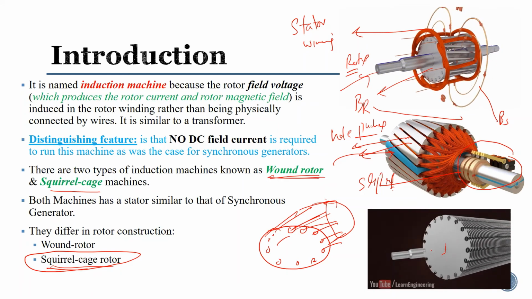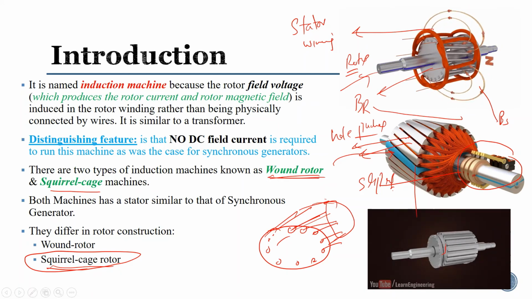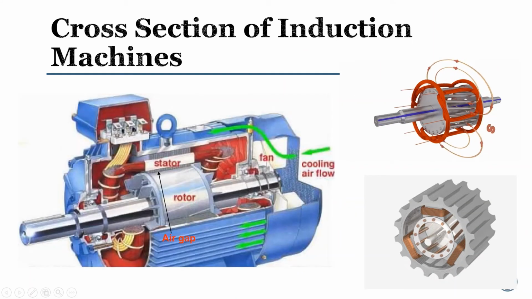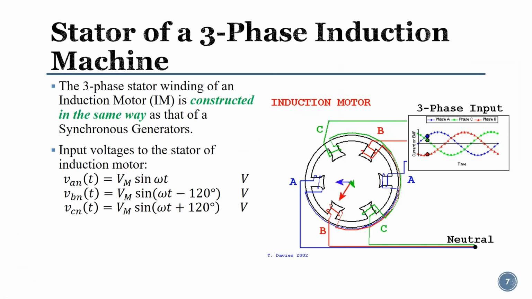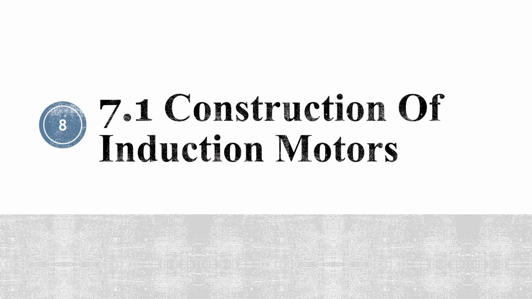Okay, it requires less maintenance as compared to this structure. So these are the basic two kinds of rotors. Again, some animations. So what we are doing in the induction motor is, we have the stator, and we are supplying the three-phase input to the stator, and this three-phase input is producing the rotating magnetic field, and with that interaction we finally have the induced torque.